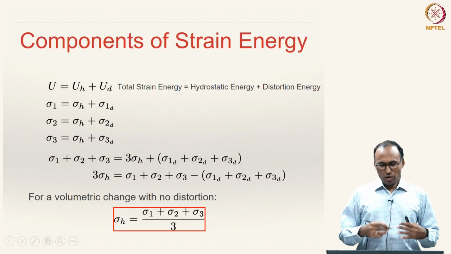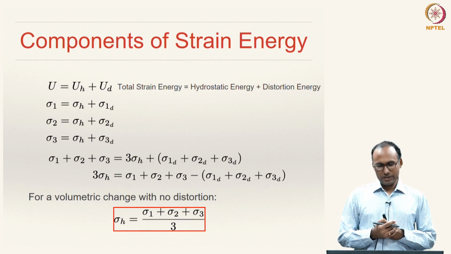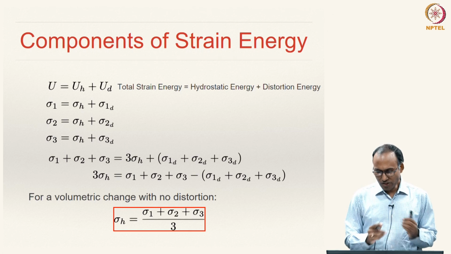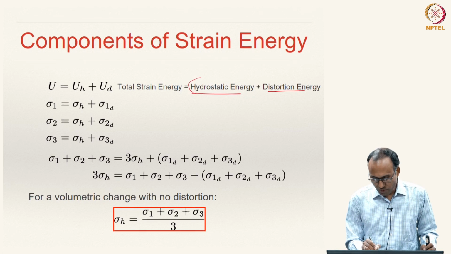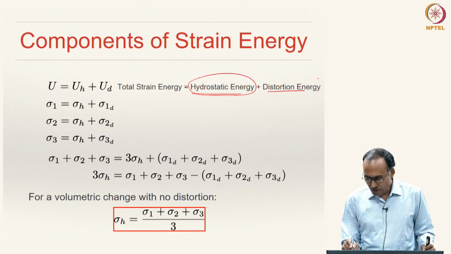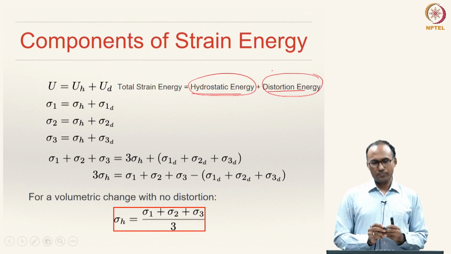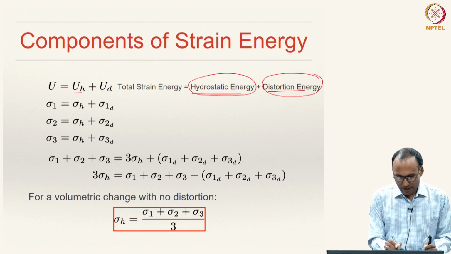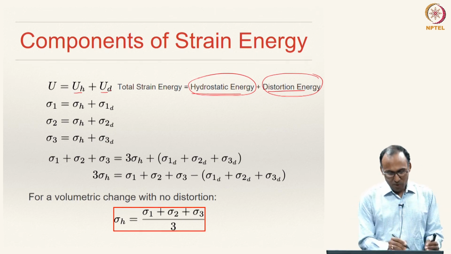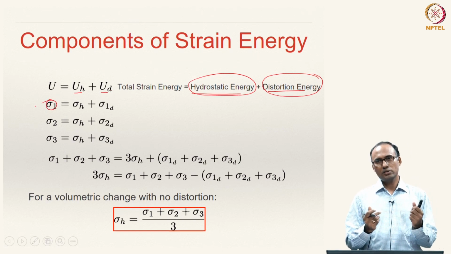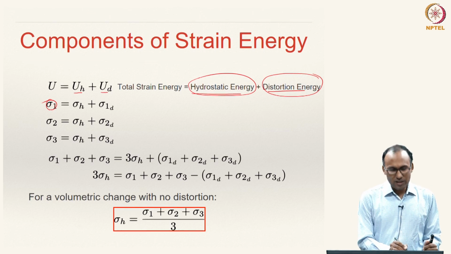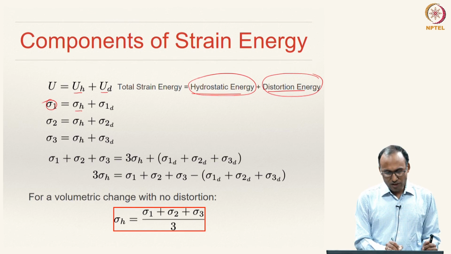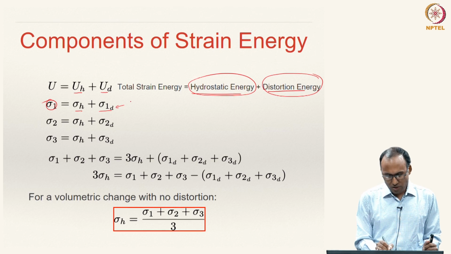Alright. So, the total strain energy that you are storing in a material can now be decomposed into 2 parts, the hydrostatic energy and the distortion energy. The energy that is responsible for size change or volume change, and the energy that is responsible for shape change. Okay. So, it is U equal to UH plus UD. Now, the normal stresses, principal stresses, maximum principal stress sigma 1, sigma 2, sigma 3, all the sigma 1 can be written as a hydrostatic part and a deviatoric part. This part is called deviatoric part, which is responsible for shape change.